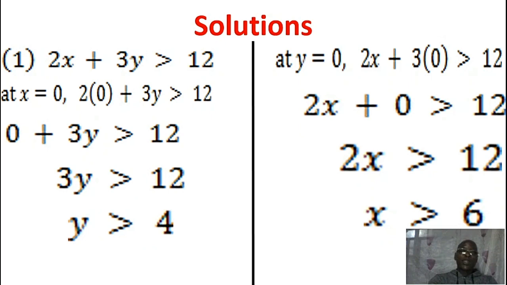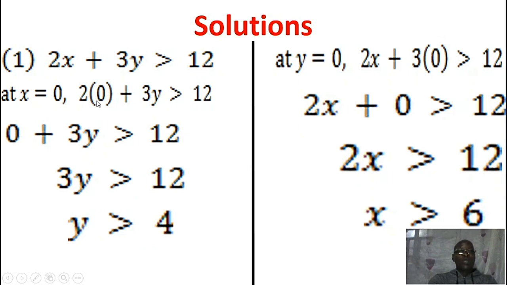The reason is not only that you are confusing equations and inequalities, but also that once you put a sign of equality here, sometimes you may not know the direction of movement of the shading. So it is important that you maintain the signs of inequalities given to you, so that at the end of everything you can take the resultant x, y values on the axis in order to know the direction of the shading. So please maintain the sign of inequality. I repeat, 2 into 0 plus 3y is greater than 12.